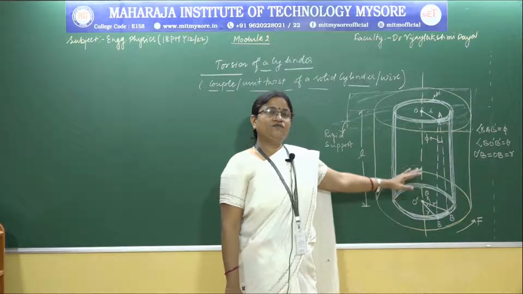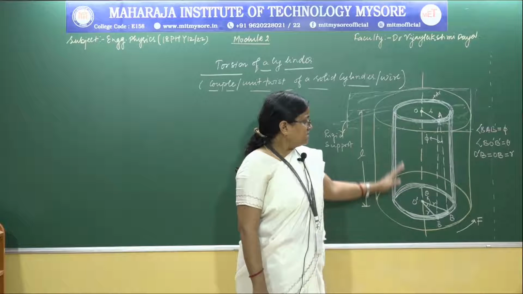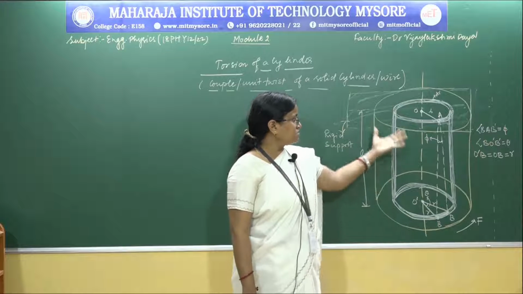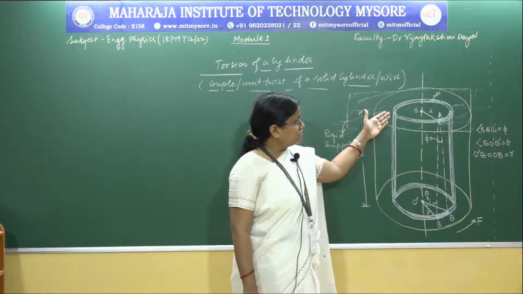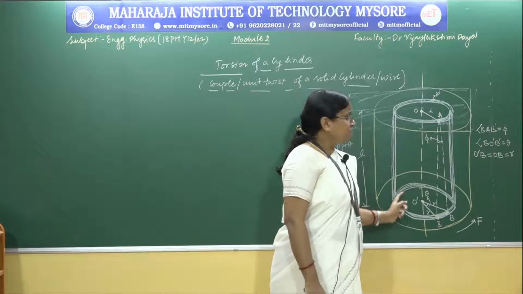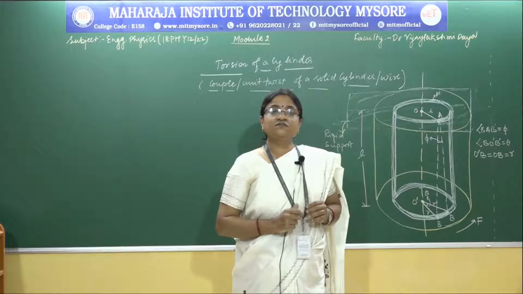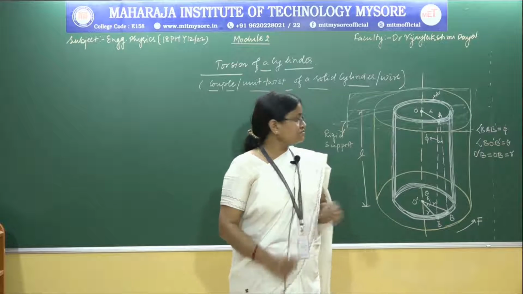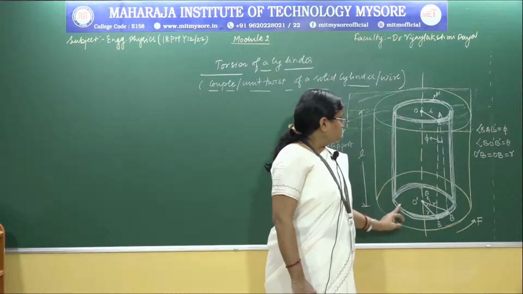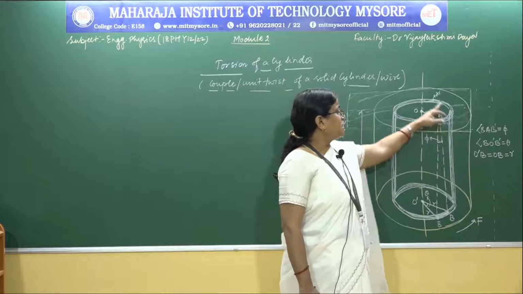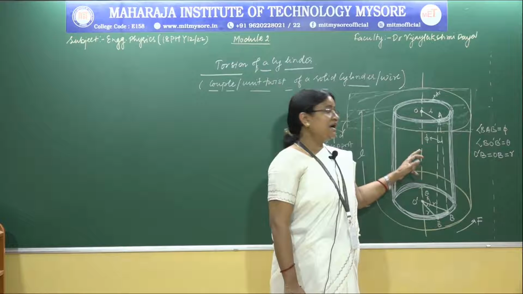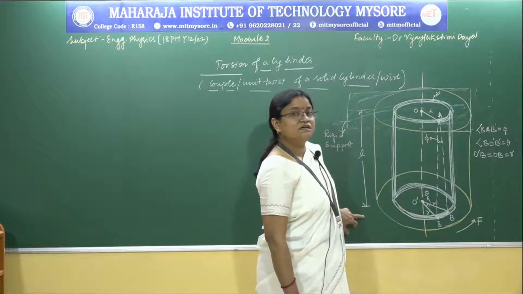If you take a wire or a cylindrical structure, you can view it in the same way. If you draw any thin wire and its cross section, the cylindrical structure can be viewed as made up of concentric cylindrical structures. So we have considered one such structure whose radius is r, with an upper surface and a lower surface. The length of the cylinder is L.